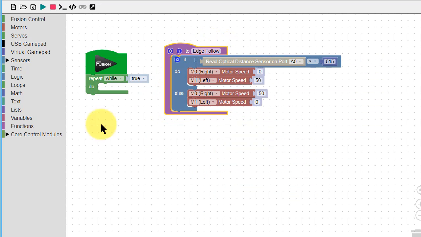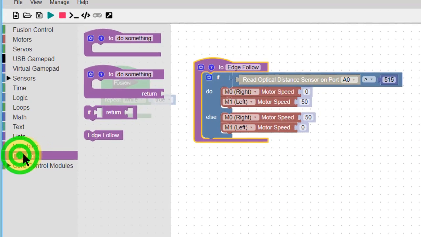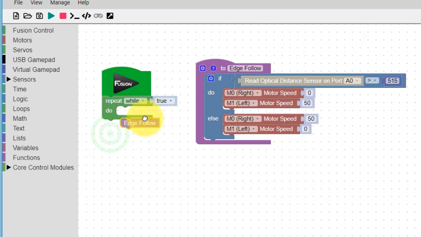But how do we connect this with the main program? Go down to the Functions item in the menu and you will see we have a new template called Edge Follow. Click on Edge Follow and drag it into the Blockly program. You will now see in the main Blockly program, instead of all the code, we simply have the function heading